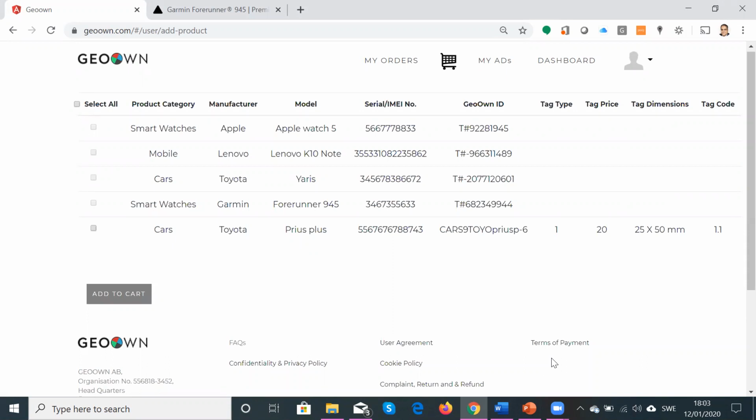Now, what happens is, for a model which is existing, a GEOOWN code is generated. So if you look at this, a GEOOWN code, a unique code, is generated for a model which exists. For all the other three, there is a temporary code given which will go into a review process by a reviewer, and he would verify that a category like smartwatches is there, or a manufacturer like Lenovo is there,